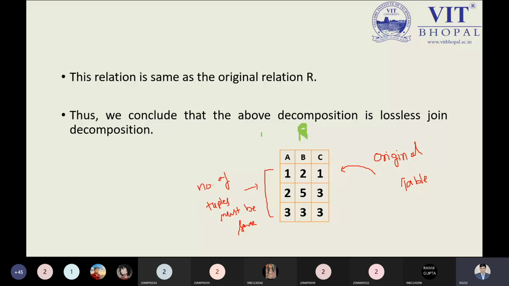Is it clear to all right now? The lossless decomposition is clear. Just decompose, and after the join operation you get the same original table, then we have the lossless decomposition. But there's no guarantee each and every time, because while choosing different columns we can also have a lossy decomposition.